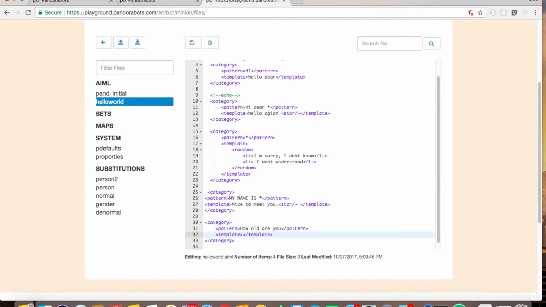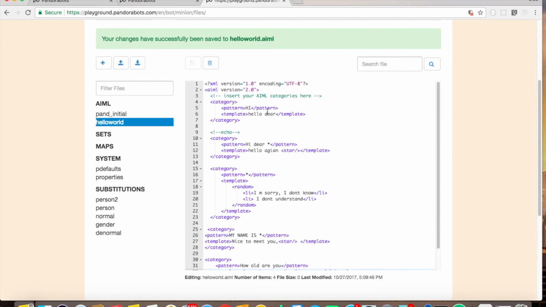Inside the template, I'm going to write I am. This is what we have to be really careful about. I'm going to say bot, that is my bot, and going to say name. This is the name that I gave there as the global variable, which is age. So this is going to give me the age. So that's nice. This is going to give me I am 3 years old.